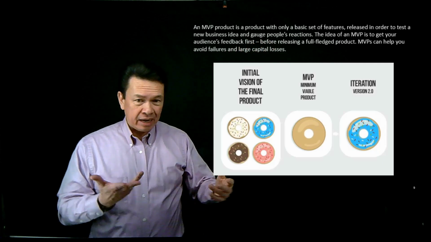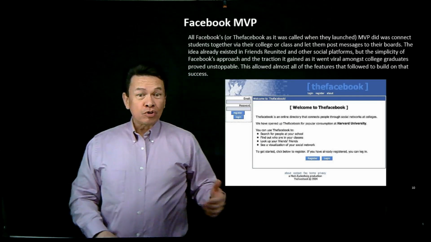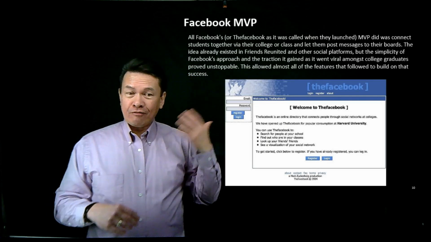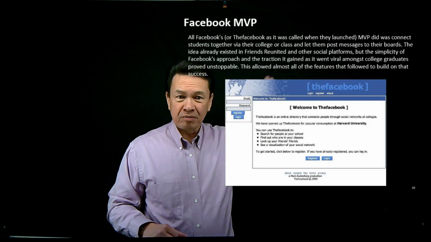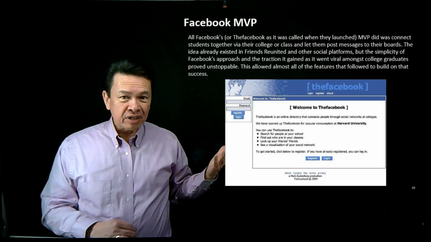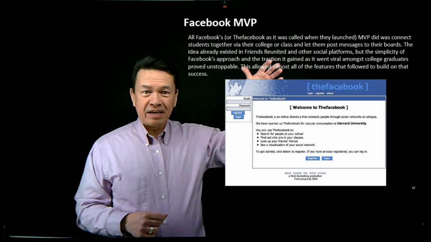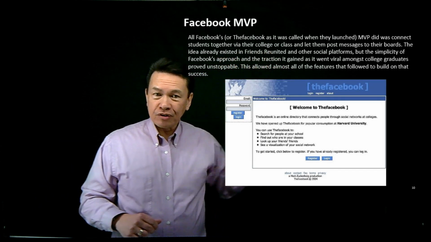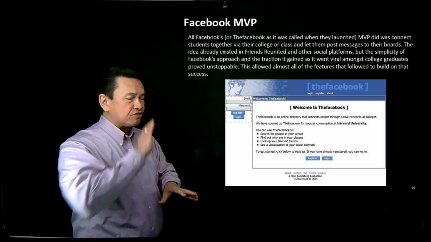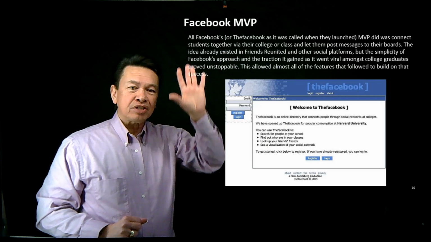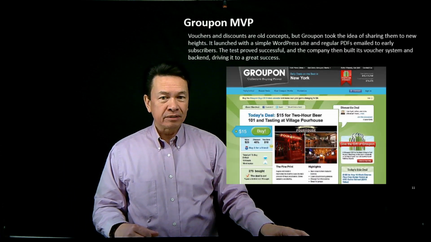So just like, and we'll give you some examples of large companies that went through this process so that you can see. So Facebook. Everyone knows about Facebook, but did you know that this is actually Facebook's first version? That was their minimum viable product. It was called The Facebook. It didn't have a lot of functionality, but it connected people that actually had .edu accounts, and that was their first version, right? They knew they wanted to do a lot of different things. They had visions for all kinds of things, but they had to create something to see if people would actually join up and utilize their product, okay?